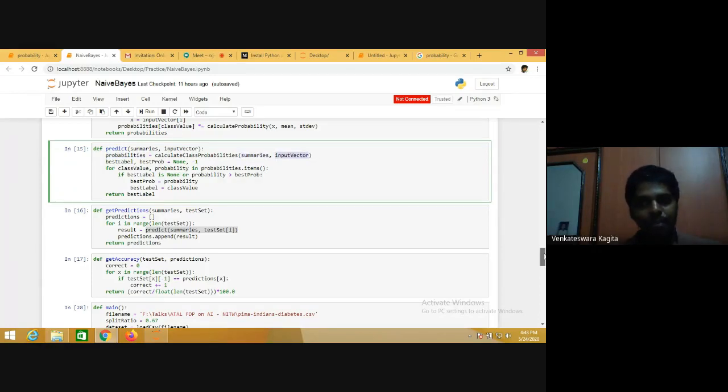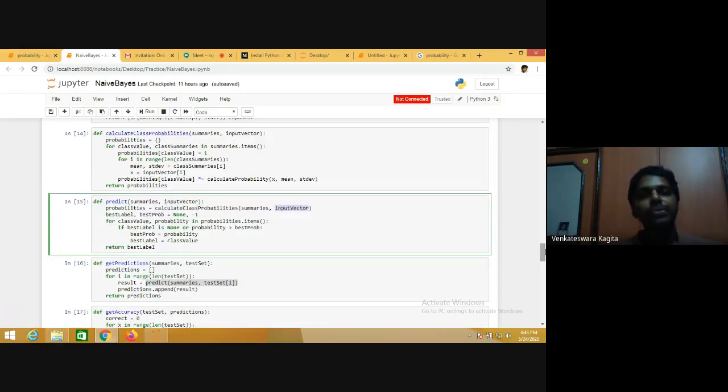What are the class probabilities? We have a new instance which takes a certain value for each of these attributes. If attribute value 1 is so and so, what is the probability that it belongs to yes? If attribute value 2 is so and so, what is the probability that it belongs to yes or no? So we have to calculate all those probabilities.